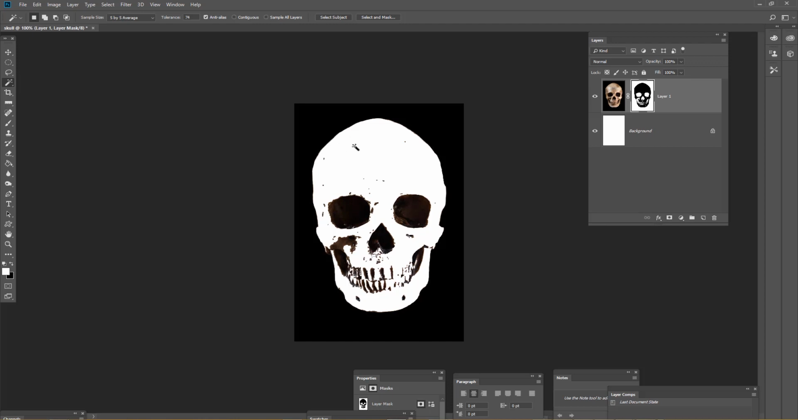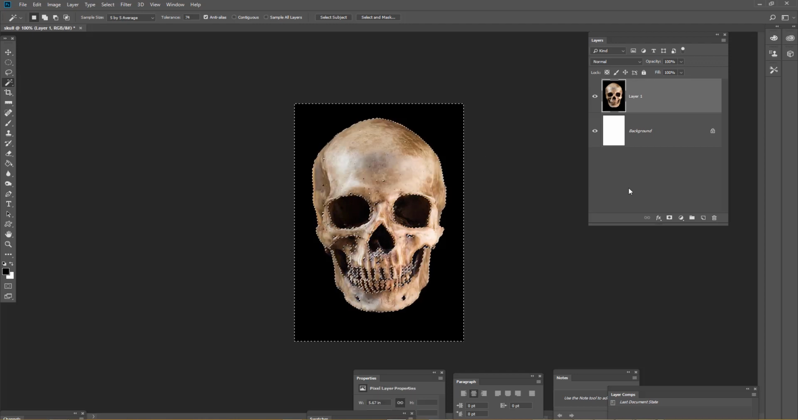black and I have my marching ants surrounding all the black, when I click on the mask icon in the layers panel, I'm hiding the thing that's not selected. I'm hiding the skull itself, and I don't want to do that. I want to hide the black background so I can have that skull on top of a different background. So I'm going to undo,